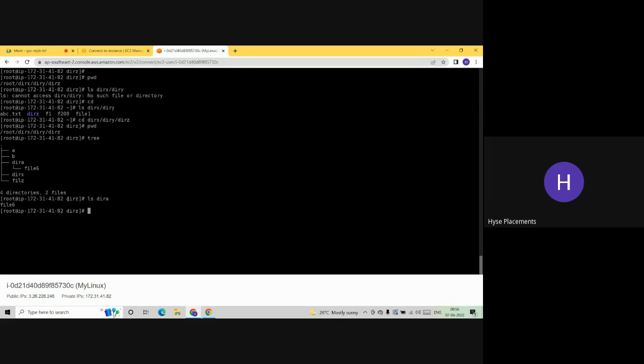But what is your requirement? You are in directory Z only. You don't want to move to the root folder, but you want to see the files that are available in directory X. For that purpose, what you have to do is ls space dot dot slash dot dot slash